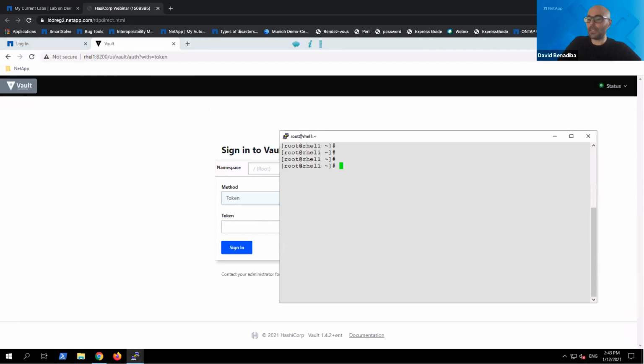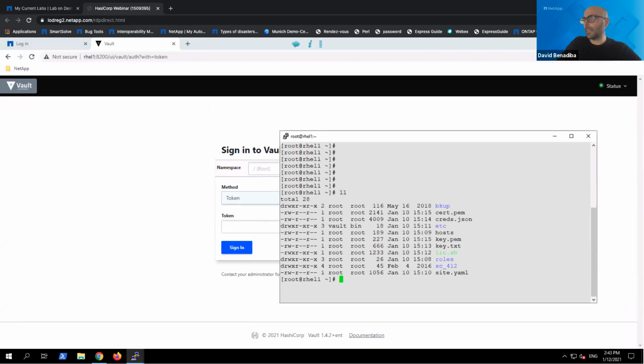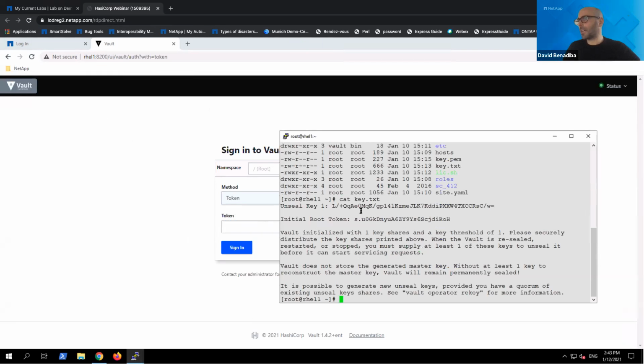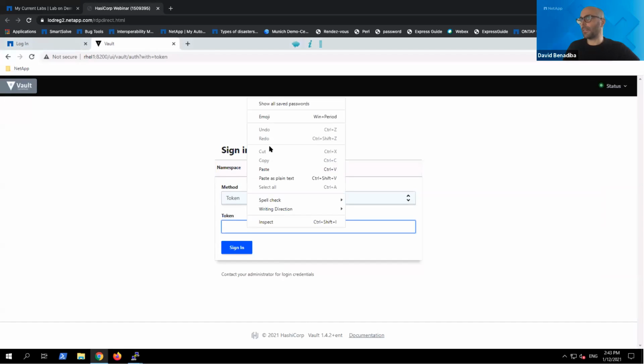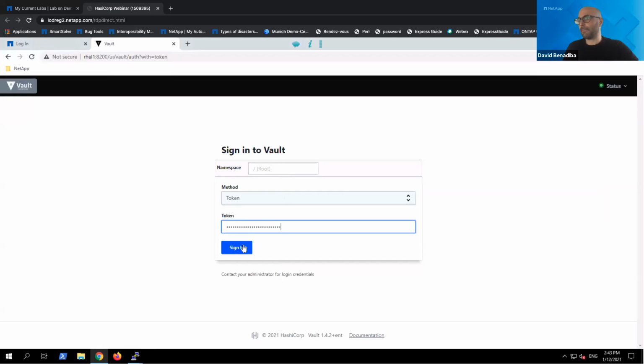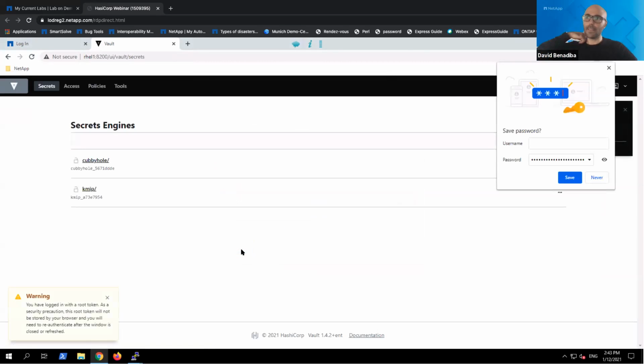The token has already been issued. So it's stored. I shared it. Don't do it in production. I stored it in a text file. Here is the token for the root, just to authenticate myself to the GUI. Paste. Sign in. Here it is. So here, this is the GUI of